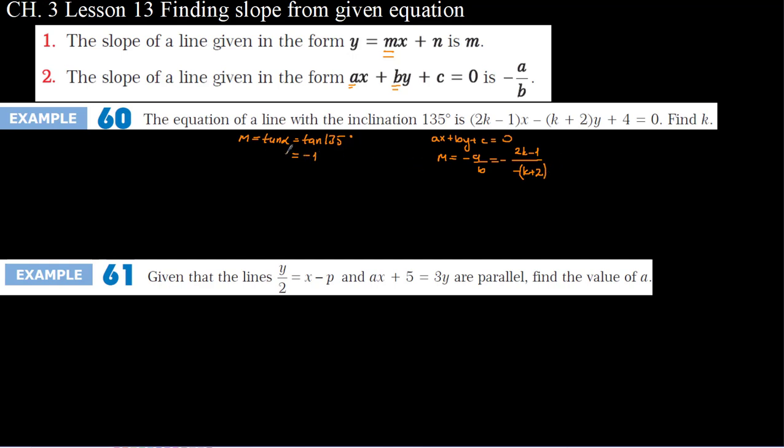Then these two slopes, m = -1 and m = -(2k - 1) over (k + 2), should be equal to each other,